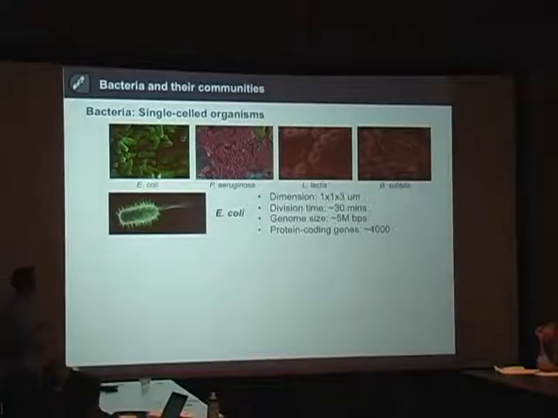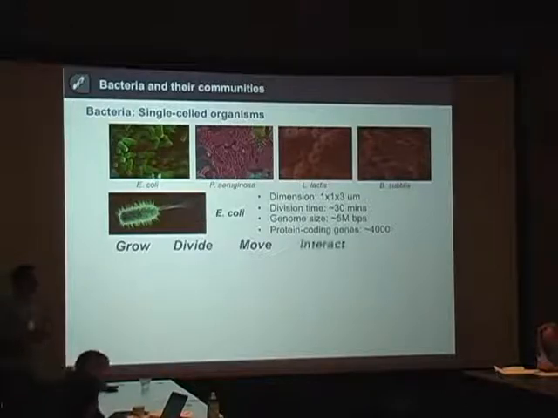If we look at a case like E. coli, they have a dimension of 1 micron by 1 micron by 3 microns, with a shape like a rod. They divide every 30 minutes, have a genome size around 5 million base pairs, which contains about 4,000 protein coding genes. Further, single bacteria can grow, divide, move, and also interact